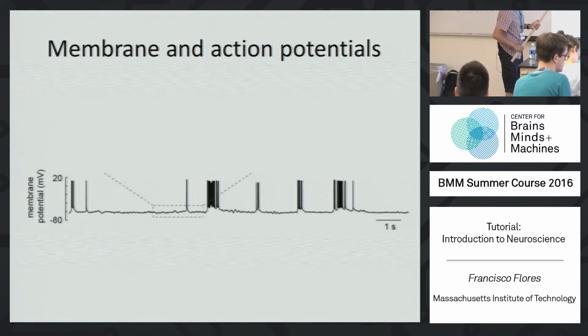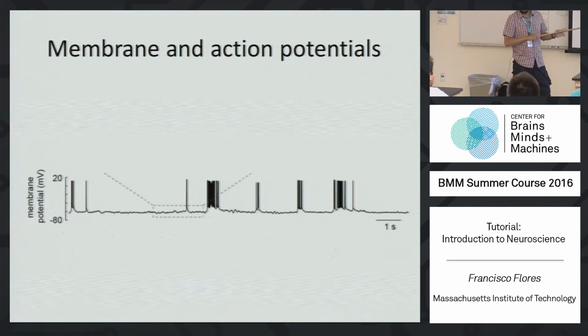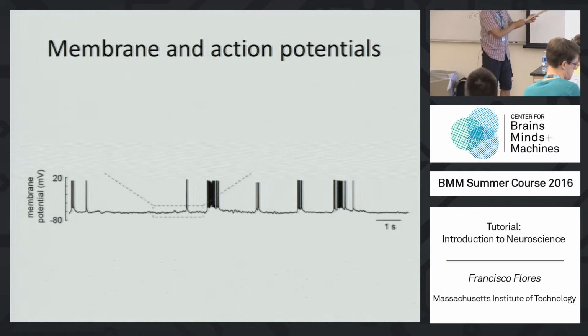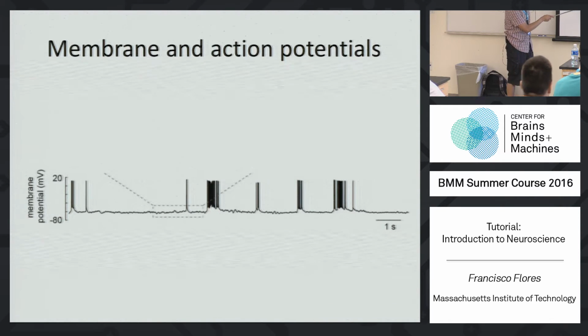Before that, this is how things look in reality. So this is an actual recording that includes the membrane potential that is here, and action potentials from a neuron in the hippocampus of a rat. And so you can see here, at this point something happens, so the membrane potential goes up, and then there is a burst of action potential. So when more than one action potential happen in close proximity, typically less than 20 milliseconds, we call that a burst.